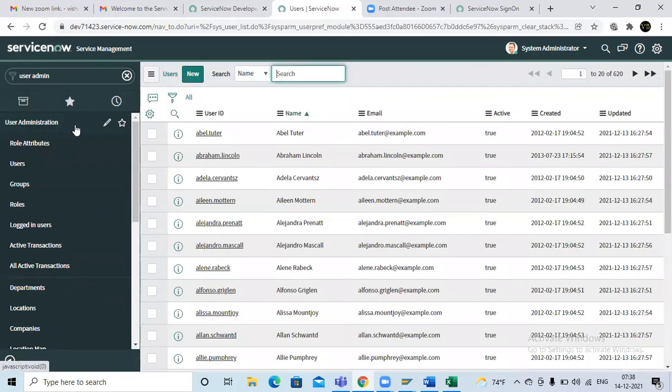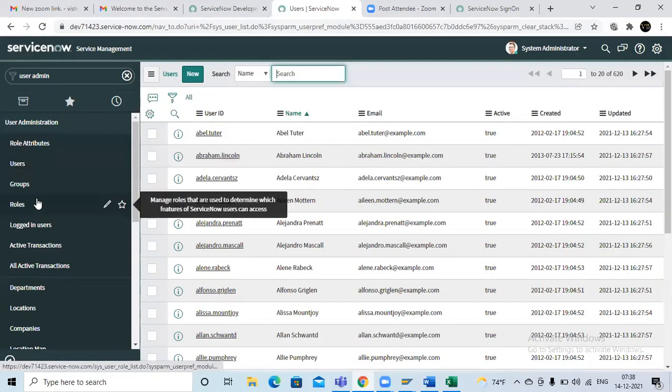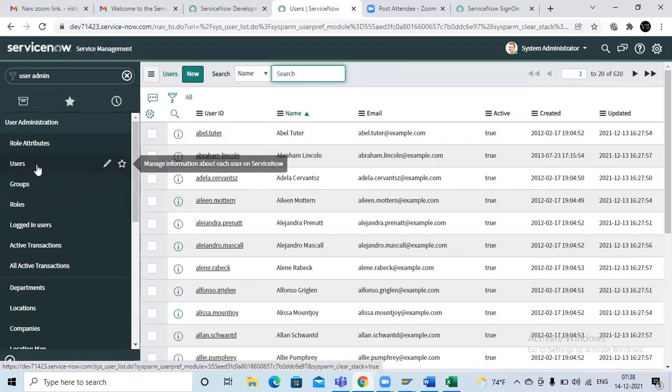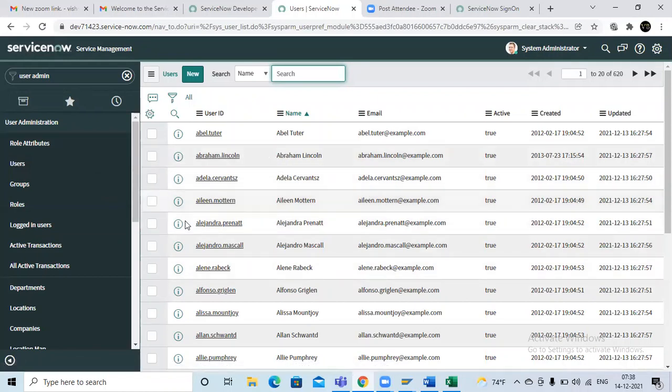This is one of the applications. In this application you can create the users, the roles and the groups. First we are going to create the users. Users means the employees. Just forget about the existing data, because the system has already created some default users. Just click on user admin, then click on the user.